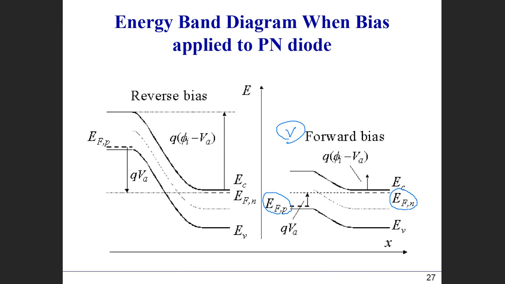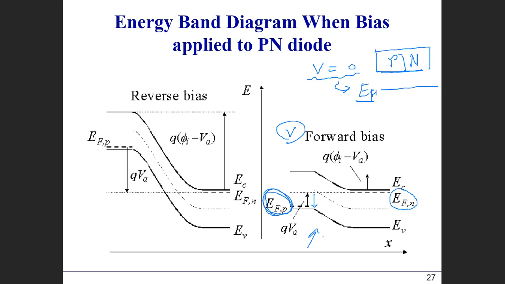So to understand this, we first need to understand that when there is no bias applied to the PN diode, your EF is going to be constant throughout the structure. That represents that you don't have any applied bias in the structure. Now, if you look at this energy band diagram, we can notice that the EF in the P side is actually lower than the EF in the N side,